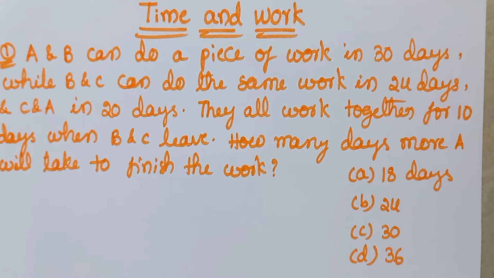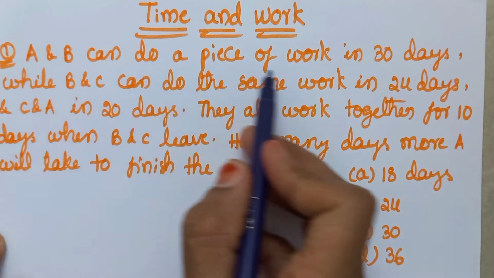Today let us continue with the examples of time and work. I forgot to discuss this model in my previous session, so I would like to discuss it now. So let's get started. The first example is: A and B can do a piece of work in